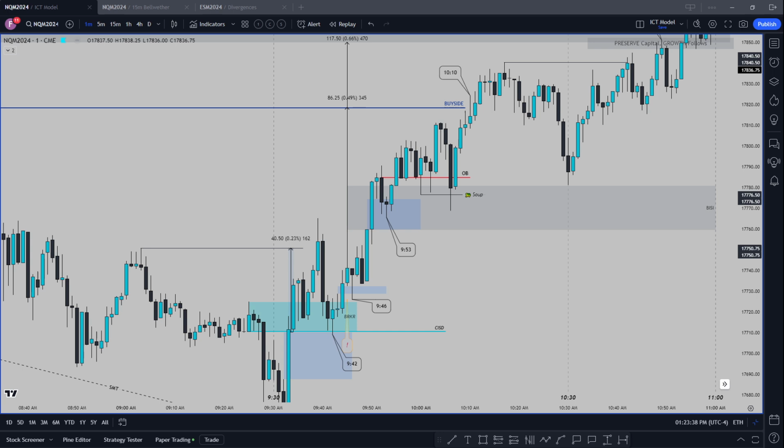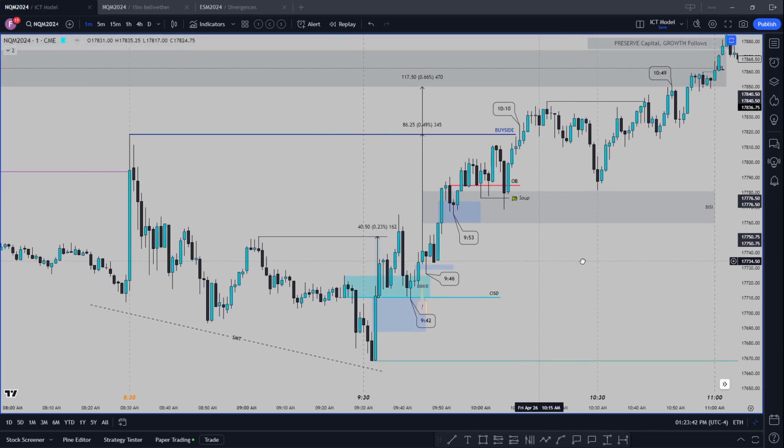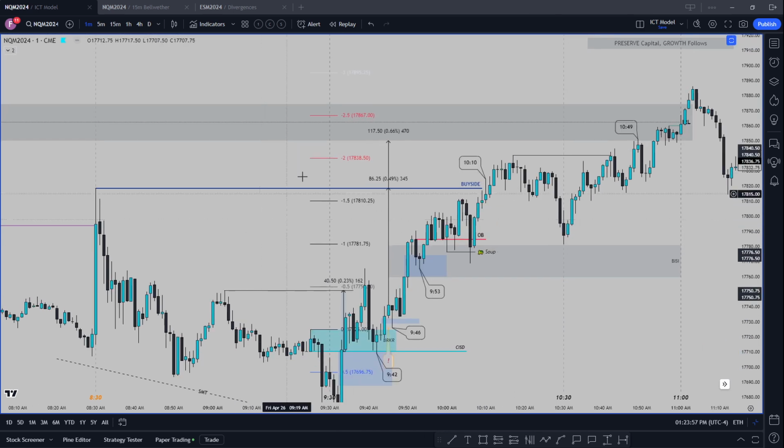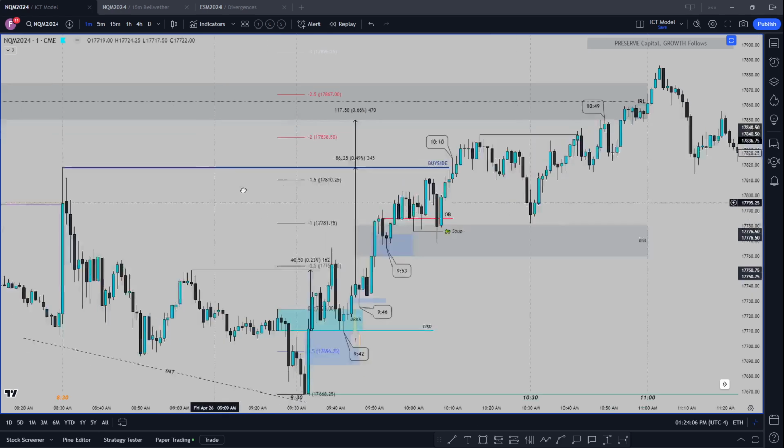But if I had to say one thing to study, it would be market maker models and their mechanics. So Dexter's Lab, APHIS, all those guys have solid explanations on market maker models. They use a lot of standard deviation stuff, which is perfectly fine. I just don't pull it a lot of times when I'm actually trading. But you can see here, reversal retracement profile given within the range. And it also lines up with the higher time frame PD array. But anyways,